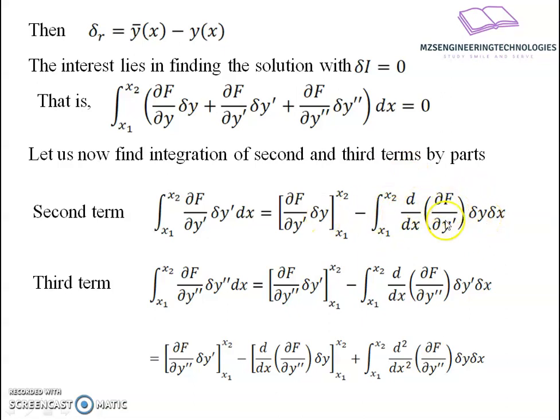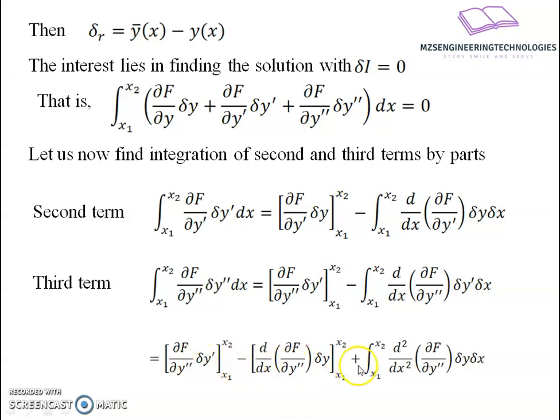Likewise, if you put that formula, we get ∂/∂x of ∂f/∂y' into δy into δx. In the similar line, if I work for the third term, I am going to get the same answer: the first function as it is, the second one the variation of so and so. Now here, this equation is repeatedly appearing, and we already have the solution with reference to this equation. Again we can go for integration by parts for this equation.